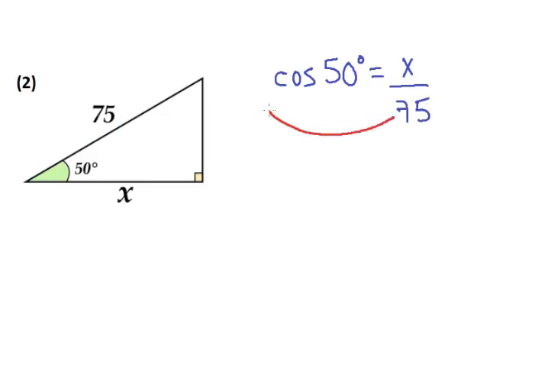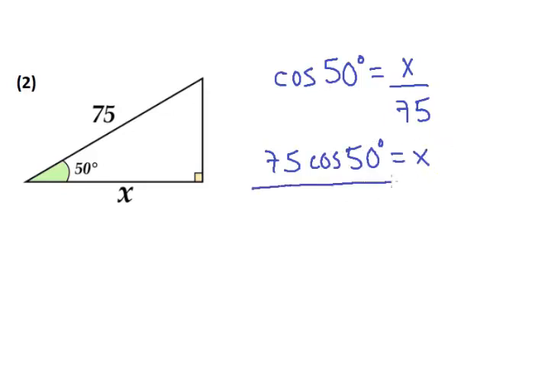Then the first step is to pass the 75 to multiply. I'm going to do that in another step. 75 cosine of 50 degrees equals x. Okay? Now the letter is alone. That means I just need to put this in the calculator and I will get the answer. So if you put 75 cosine of 50 degrees, you're going to get an ugly decimal. There is no way to get a fraction answer because most of the time when you use trigonometric ratios, you get irrational answers. So what are you going to do in this case? Well, you're going to round. You're going to round to how many decimal positions? 4 decimal positions. So if you round, you're going to get that x is approximately equal to